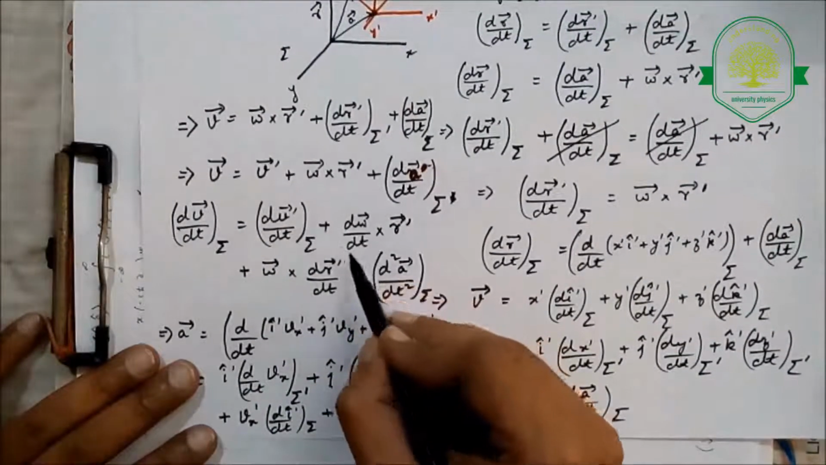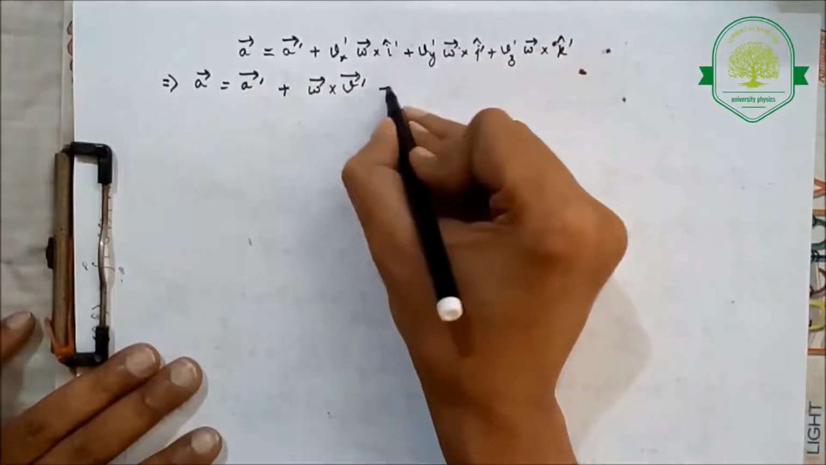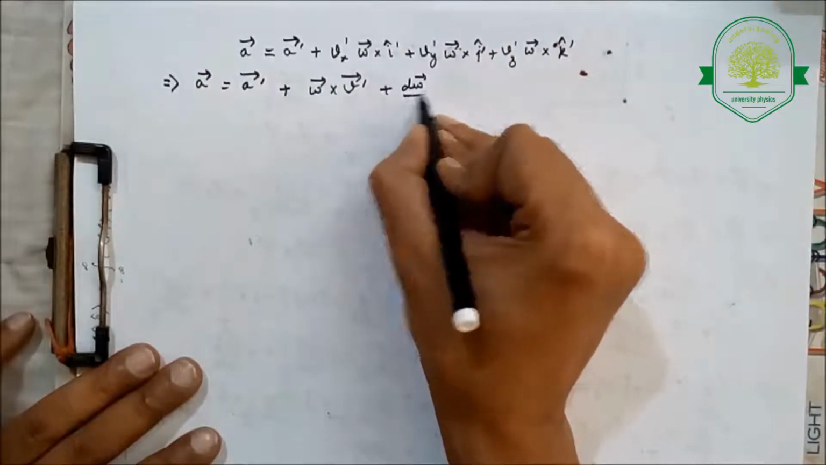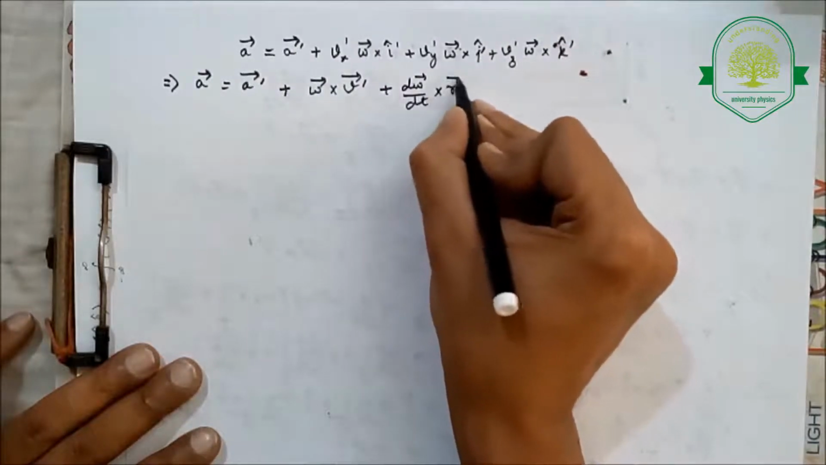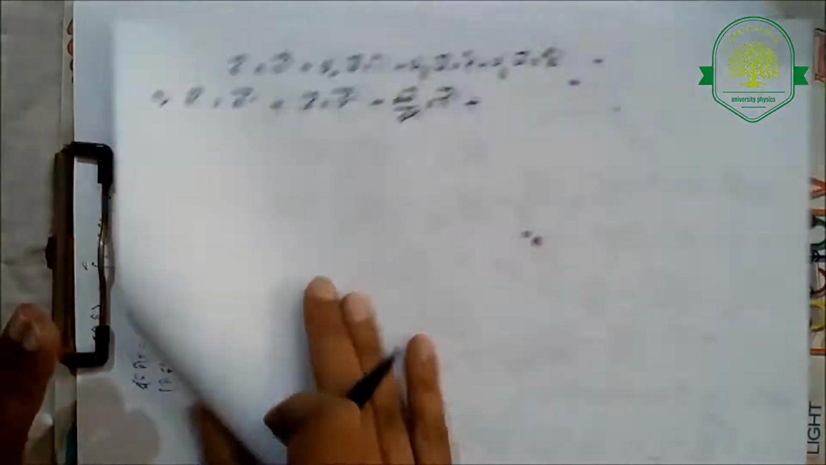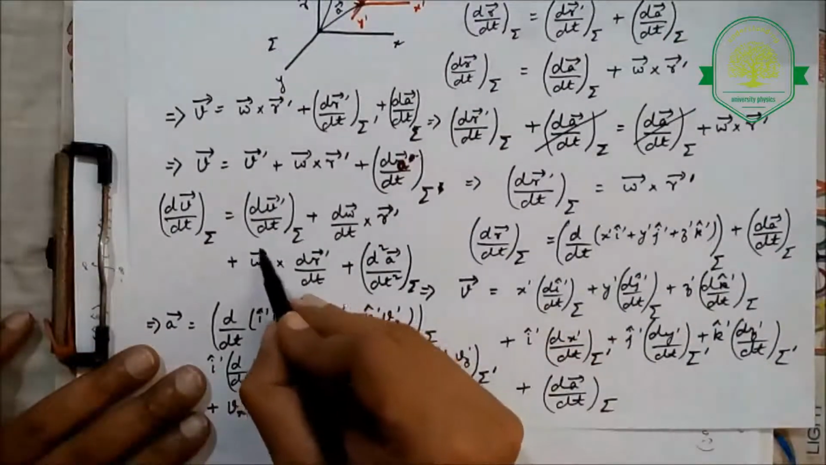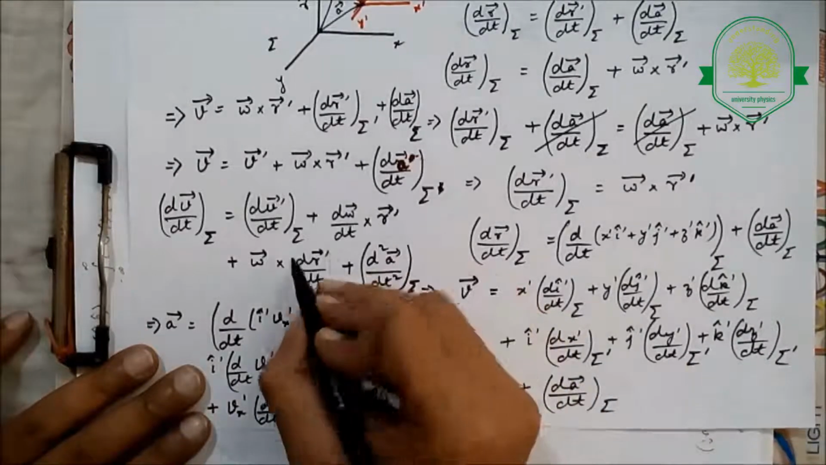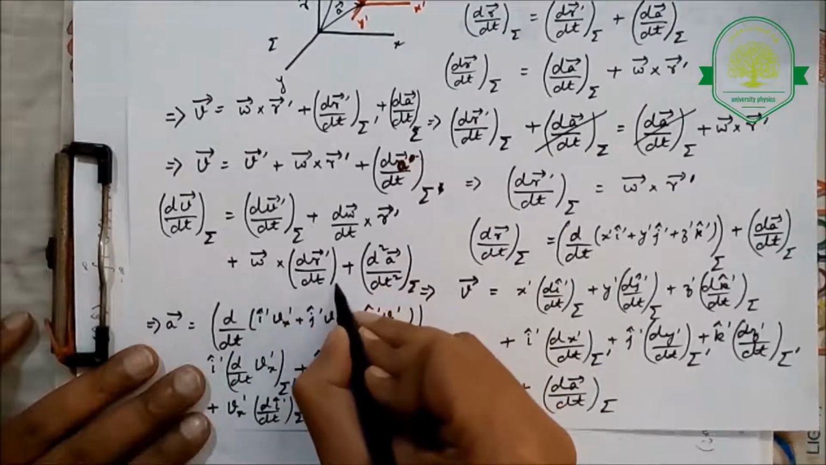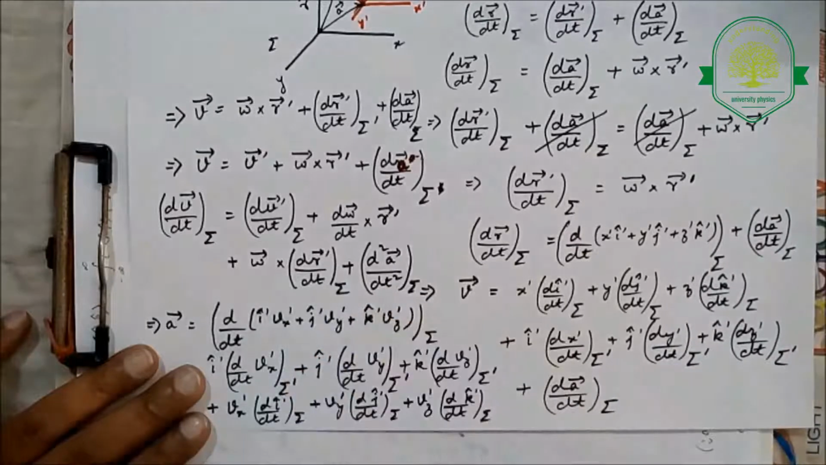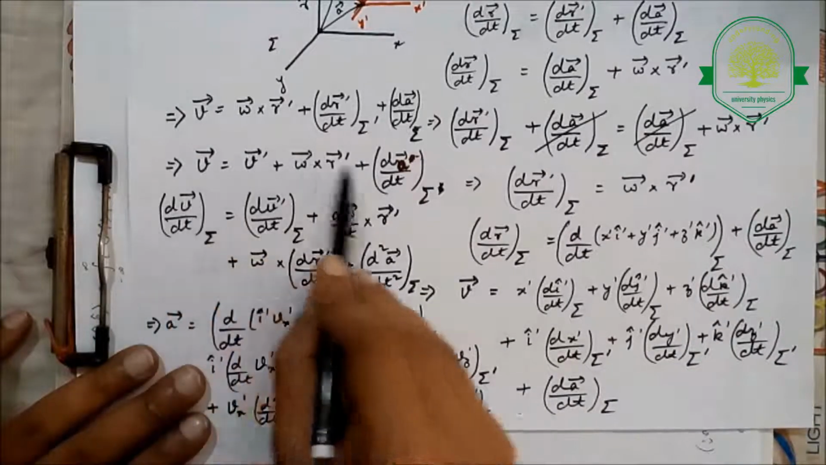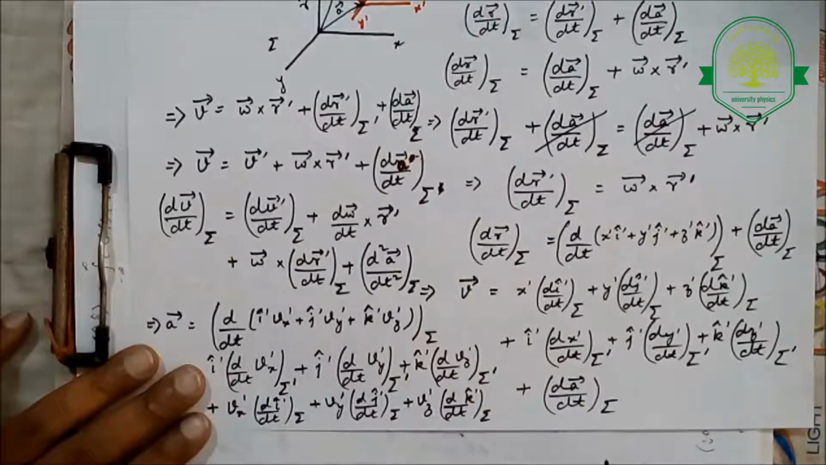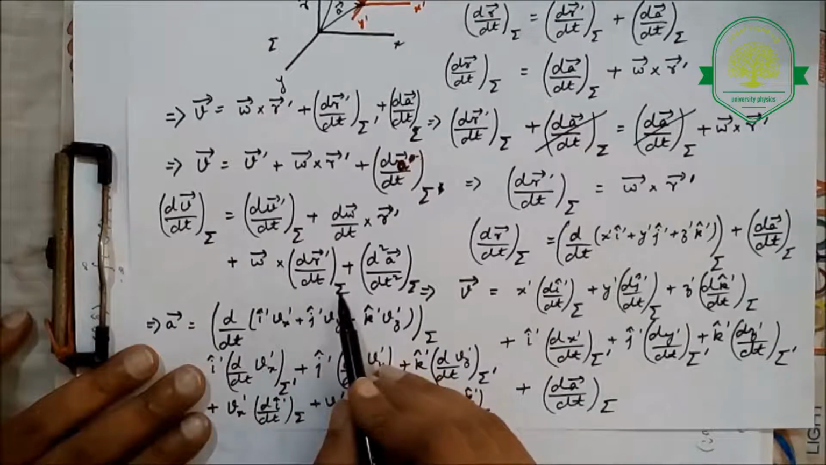I have a d omega over dt cross r primed vector. So I have a d omega vector over dt cross r primed vector plus I have a omega cross dr primed over dt. Dr primed over dt having been done from the sigma frame of reference, because I was differentiating this whole equation with respect to the sigma frame of reference. Now dr primed over dt as seen from the sigma frame of reference,